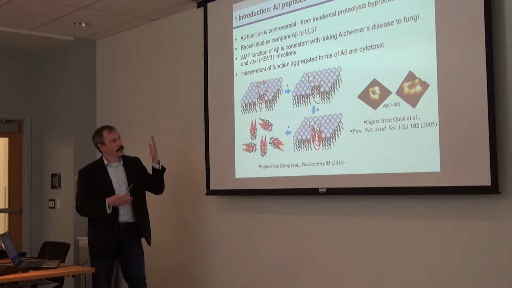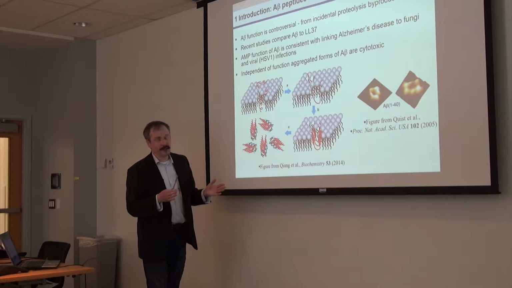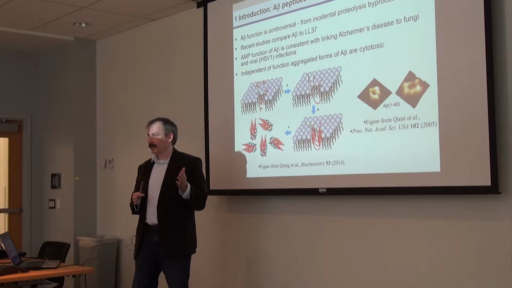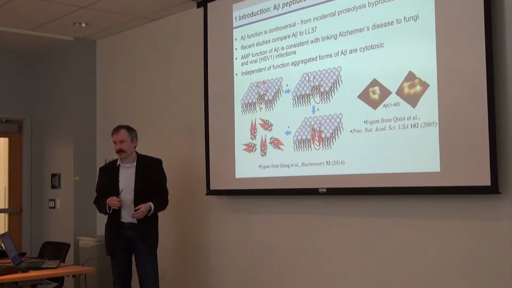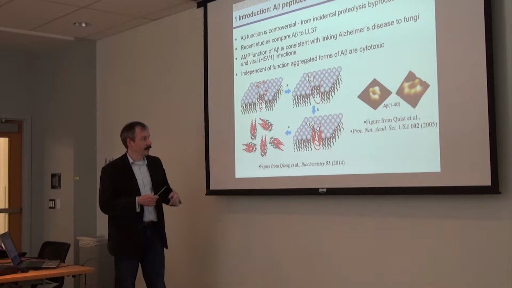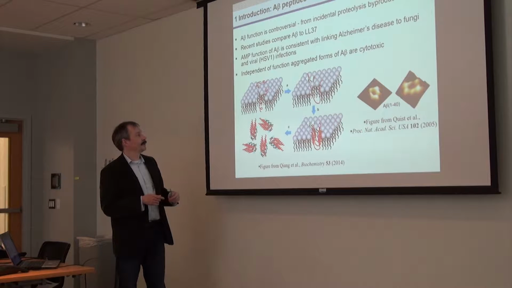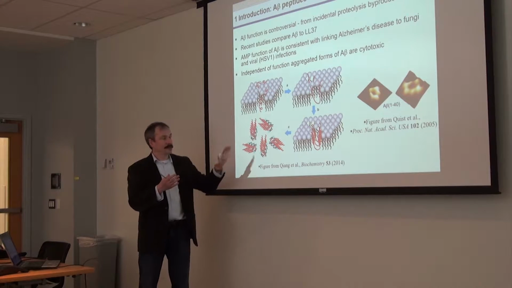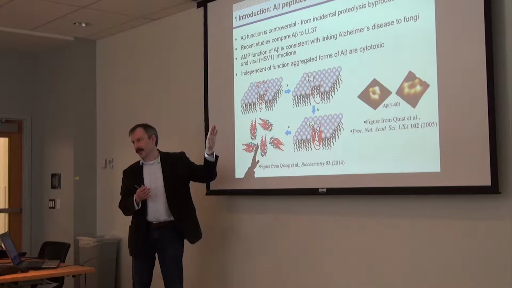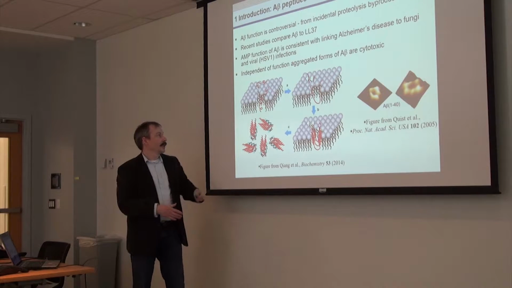And one way or another, without taking sides in this debate, the A beta peptides are highly cytotoxic. There are a lot of in vivo experiments which show the high degree of cytotoxicity of this peptide, and roughly the sketch of this process, and I'm not saying that this is a molecular mechanism, just a sketch, is